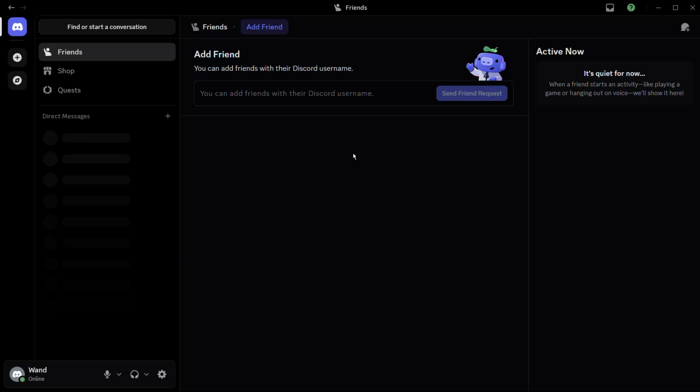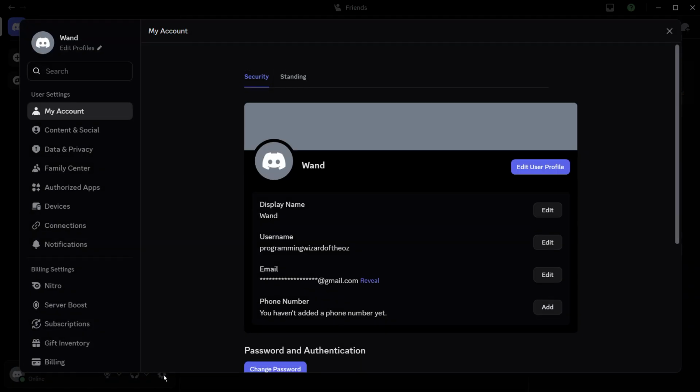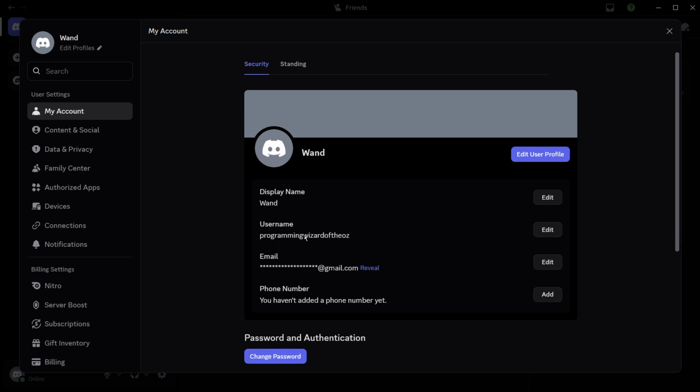In this tutorial, I'll guide you through the exact simple steps on how you can change your username in Discord. So in order to start, the first thing that we're gonna do is go to the Discord settings. You can go to the Discord settings by clicking onto this gear icon at the bottom. Once you click here, you will land in this My Account section, and from here you can see this